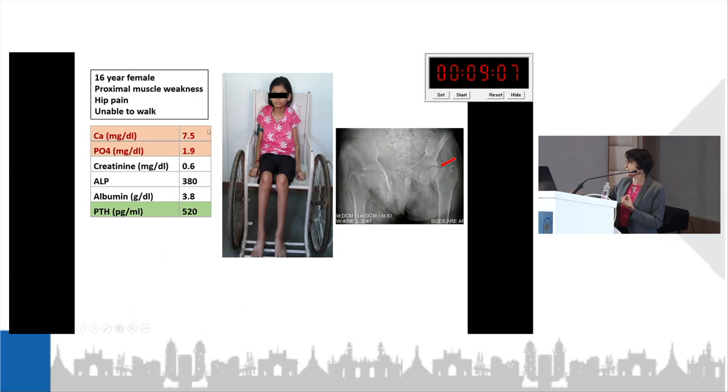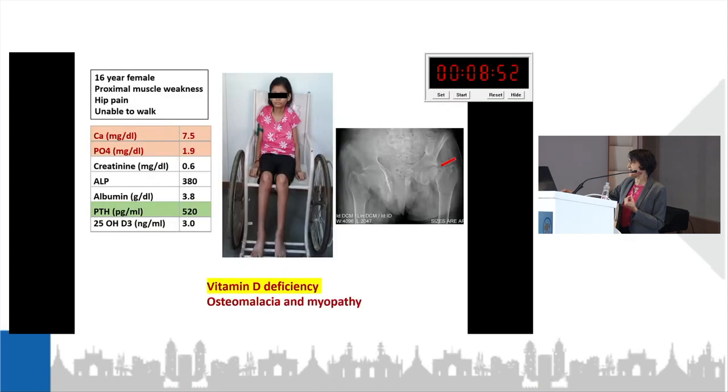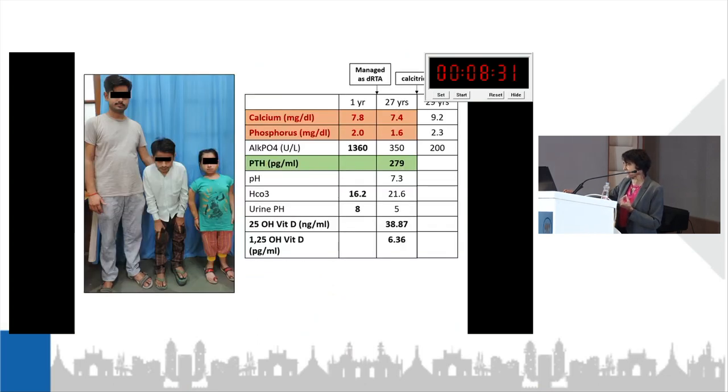She has very low calcium with low phosphorus and appropriately elevated parathyroid hormone. Obviously, we are dealing with some state of vitamin D or its metabolism-related problem, and this lady actually had vitamin D deficiency because of celiac disease, and she presented with severe osteomalacia, pseudofractures, and a bad myopathy. This diagnostic yield is going to result in totally correctable pathophysiology, and the lady is going to do really well.